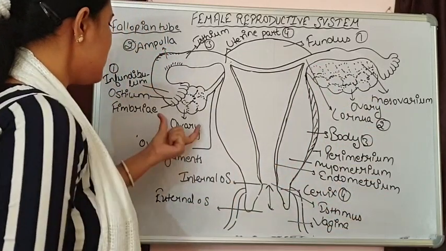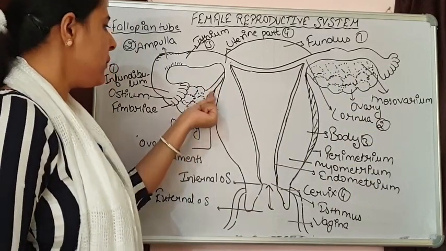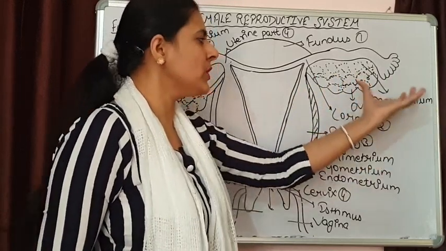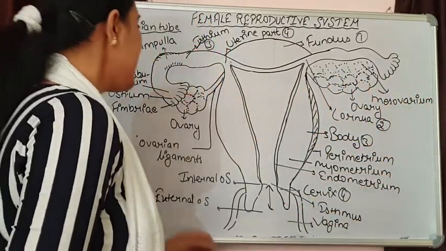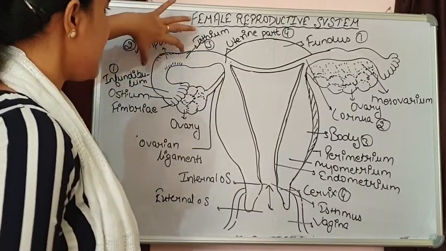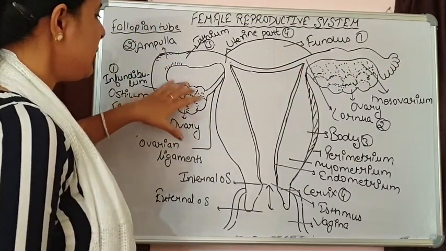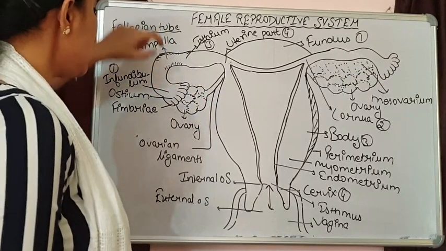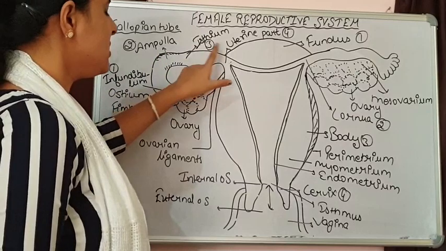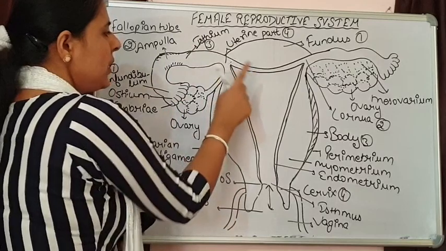I am revising it once again. The ovary is attached with the walls of the uterus with the help of the ovarian ligament, plus they are attached with the abdomen with the help of a mucus fold known as mesovarium. Now these ovaries are suspended, and on the upper side they have fallopian tubes, and these fallopian tubes have four parts. Initially finger-like structures are present which hold the ovum, then it opens into the infundibulum, then comes the ampulla, isthmus, and the uterine part, and finally this uterine part is in continuity with the uterus.